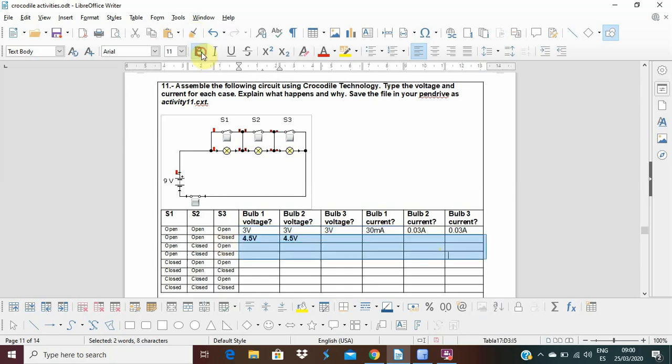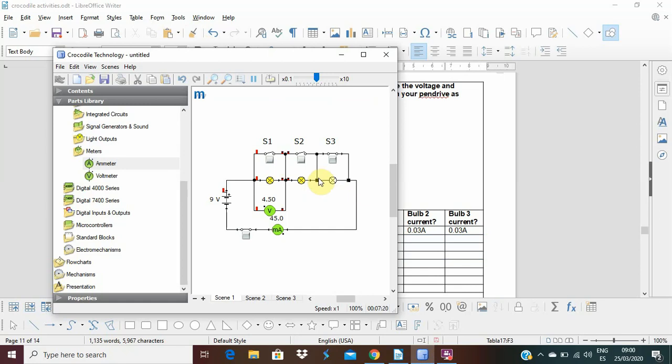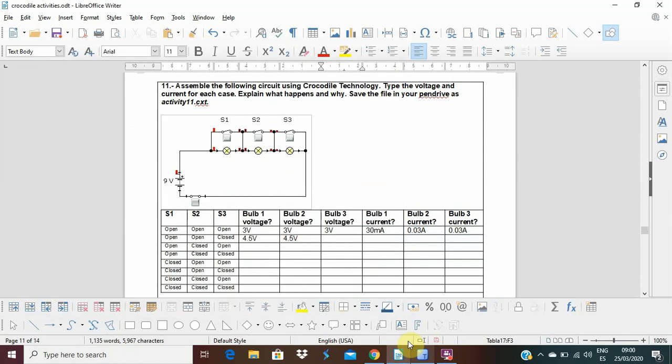I'm going to change this. Okay. And what is the voltage for the third bulb? So here the voltage is 0. Here the voltage is 0. So the difference is 0. In fact, bulb number 3 is not working because of that. Okay, so 0 volts,